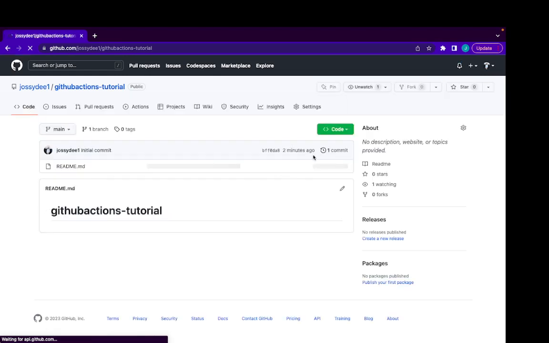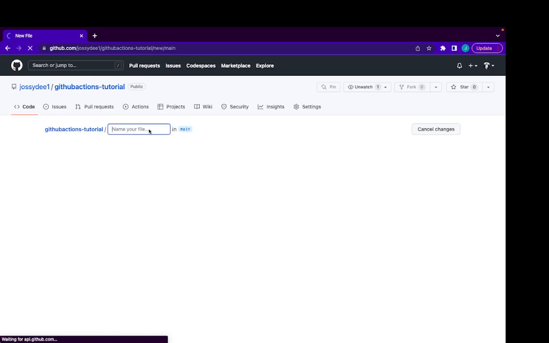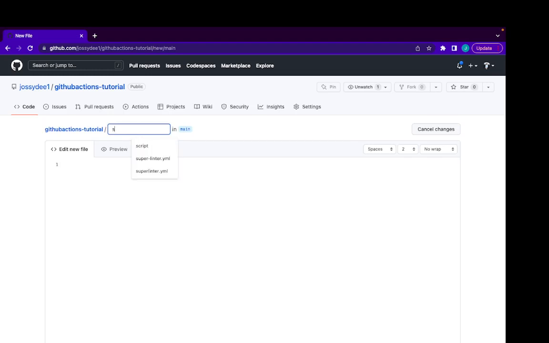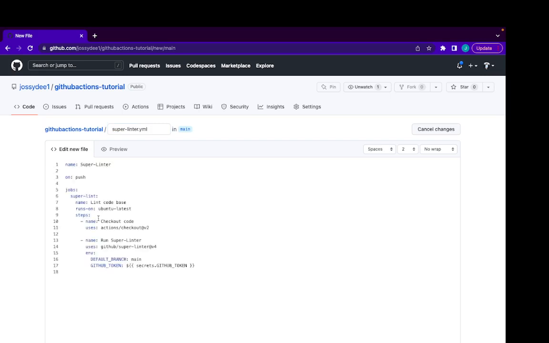So I'm just going to create the YAML file. Let me just call it superlinter.yml. So I'm going to drop a YAML code here. So you can see this is a YAML file code, and here I'm giving it a name, superlinter, and I'm saying, okay,